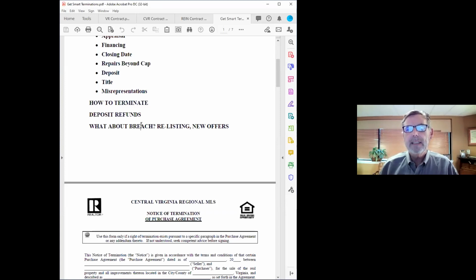So I think in a material breach, there could be some circumstances where our client, and I'm going to say our client because this is always the case, has done what our client is supposed to do. It's the other side that's the problem, and the other side is in material breach. Now, under those facts, if our client doesn't care about suing, doesn't even care about the deposit, they're just so over it and just want to move on.